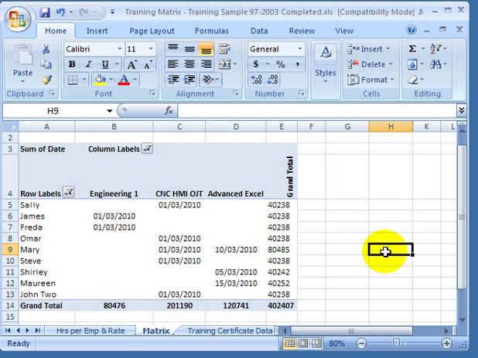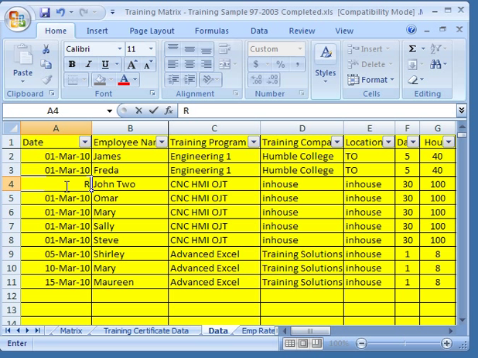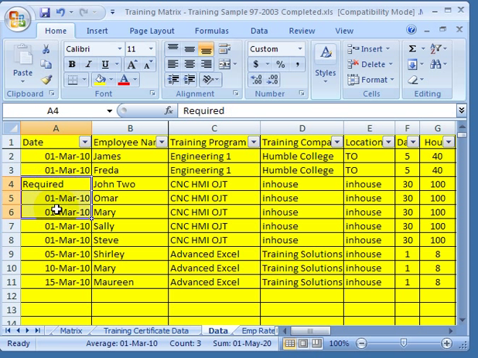Now, I want to talk a little bit about this sheet and how you might track training as people complete it. So go back to the data, and let's say that these three people here have not yet taken the training, but that it is still required. So I would just put required there, and this becomes your training plan, and perhaps also we show Maureen here